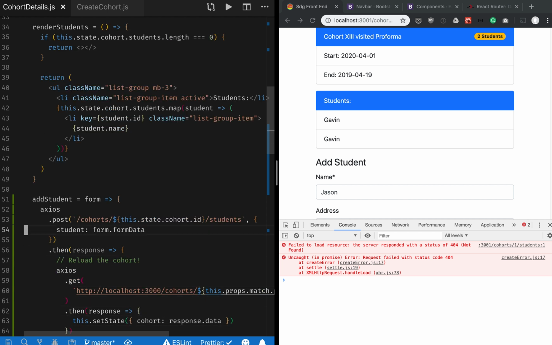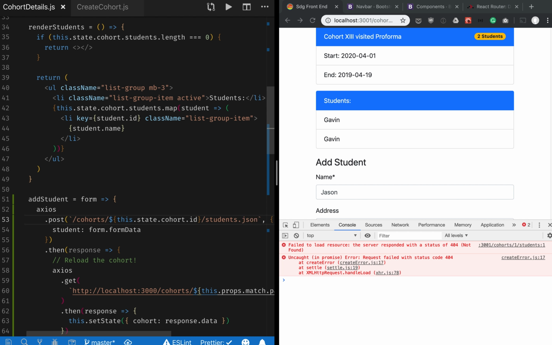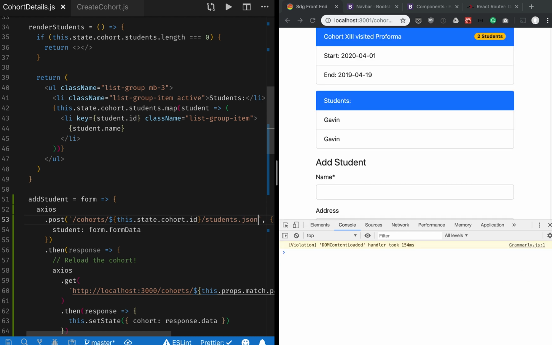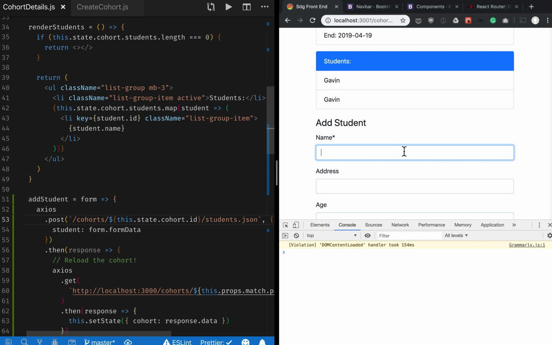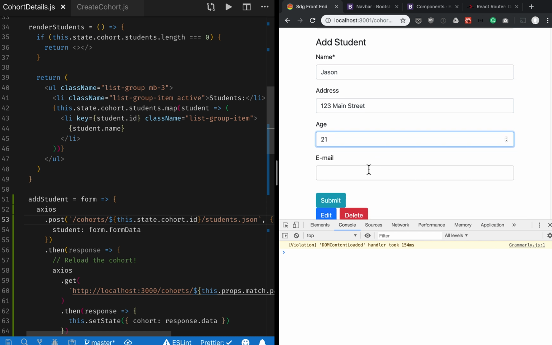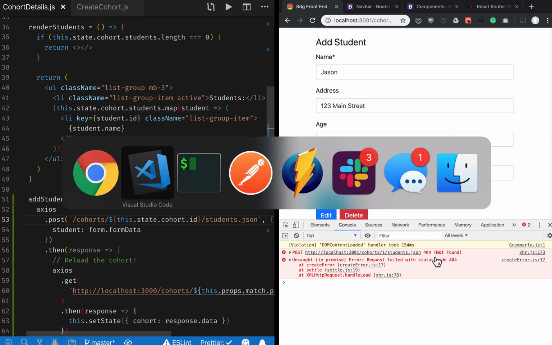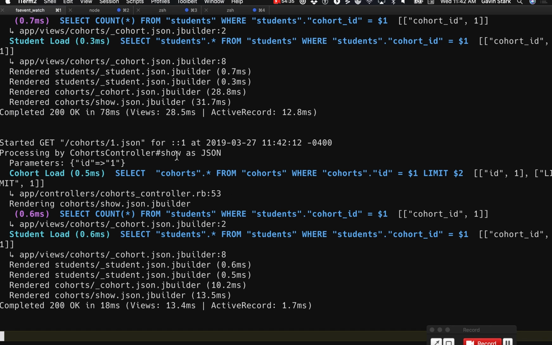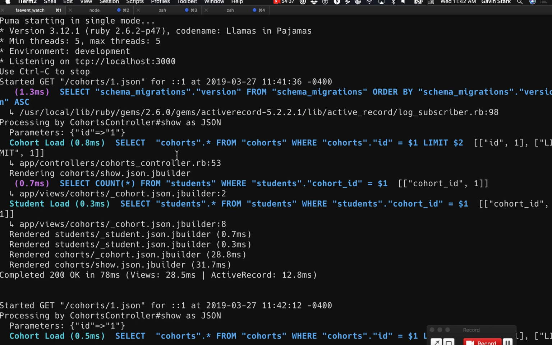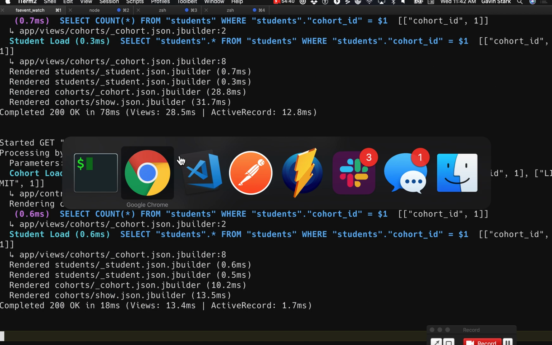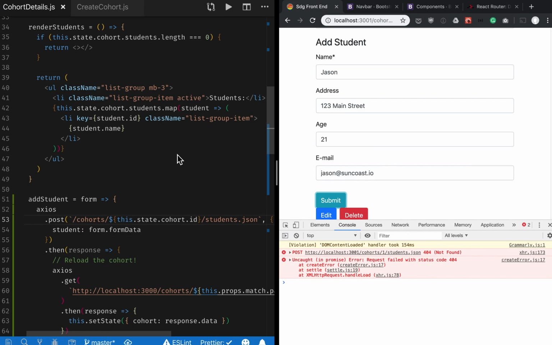No, that's add student. Oh, it's the JSON here. So let's add Jason, 123 Main Street. It's 21. His email is jason at suncoast.io, and submit. It said 404 not found. What did this say? Oh, I forgot HTTP